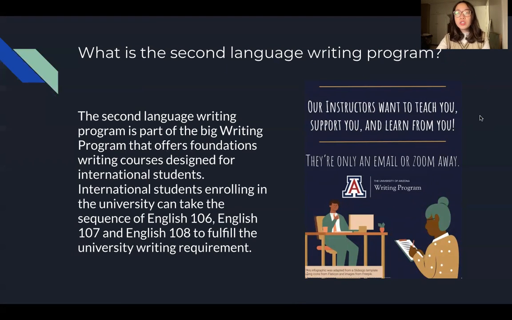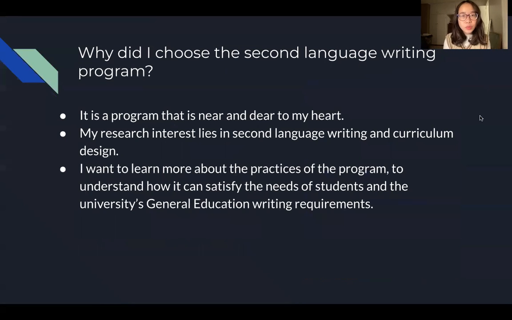In regard to the reason for choosing to evaluate this specific program, I think it must be my personal relationship with the program as a graduate associate. I've been involved with the program, not just because of my teaching assignment, but also in terms of materials and curriculum development, and also in terms of researching the program practices. So I think it would make the most sense to use this project as a way to understand more